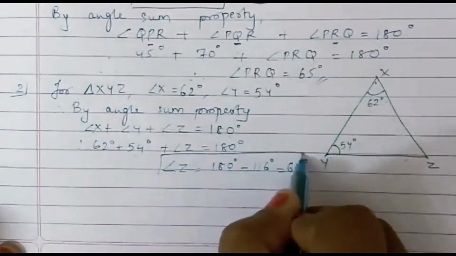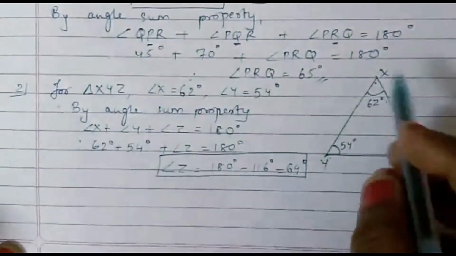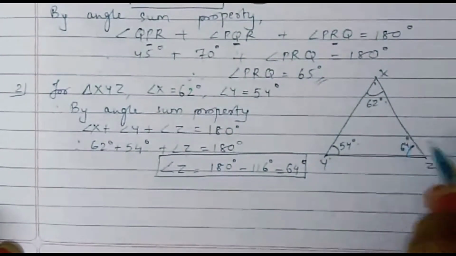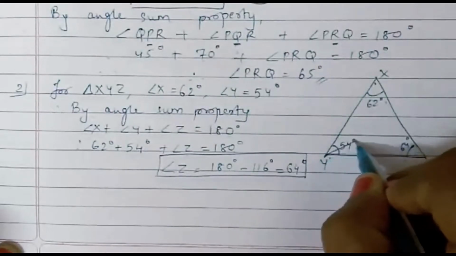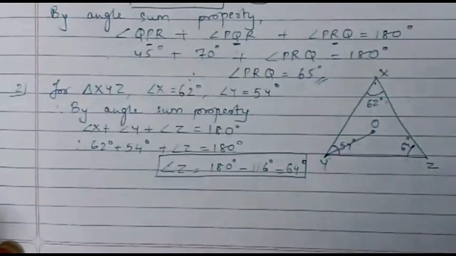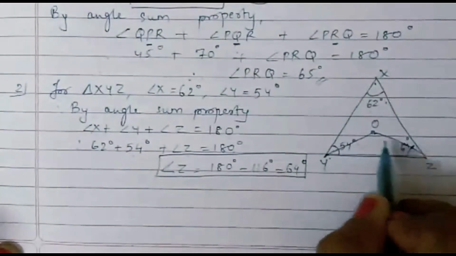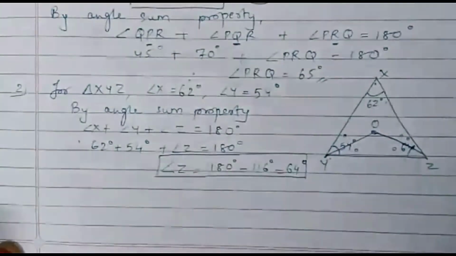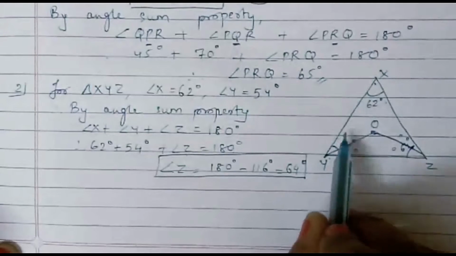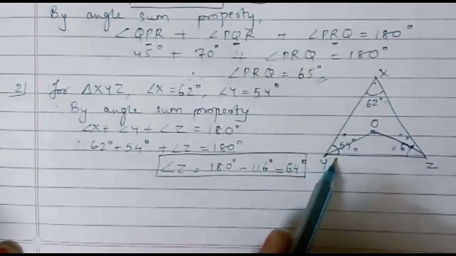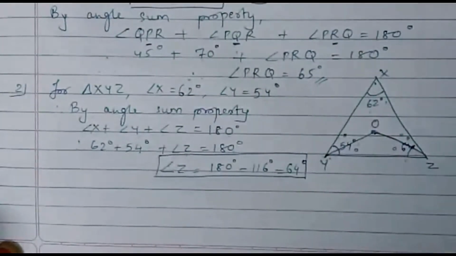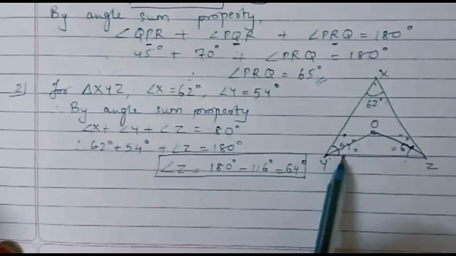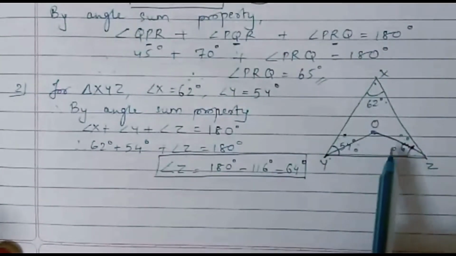So this is the main first result. We have obtained all the three angles. Two were given, third we have obtained, right? So you got this angle as 64 degree. Now it is also given that this is ray YO, and this second ray is ray ZO. These two rays are bisectors of angle Y and angle Z respectively. Now what do you mean by bisector? That means they divide angle Y as well as angle Z into two equal parts. So it is quite understood this 54 will be divided into 27 and 64 will be divided into 32.